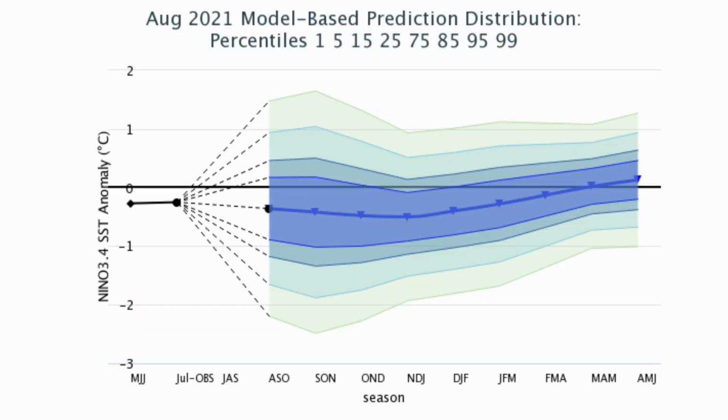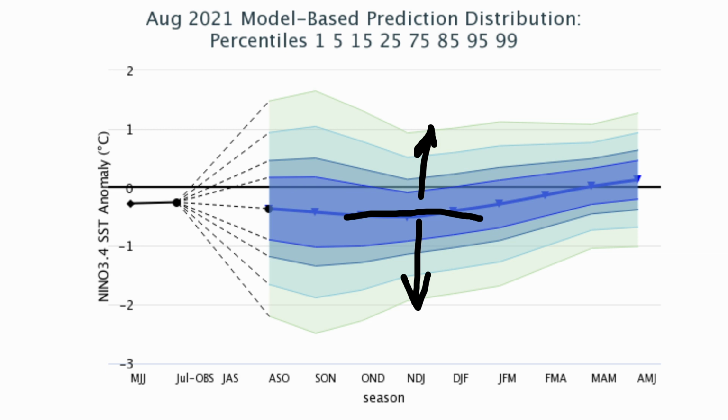If we look at the model-based predictions and look at the distribution, again, this is going to show you that we're really hugging that line between a neutral and a La Nina. So this is your neutral line generally, just an estimation. And you're looking at about half of them being below there and half of them being above there. So maybe there's some classification difference where it ends up being classified as a neutral or a weak La Nina. It's not going to really matter.